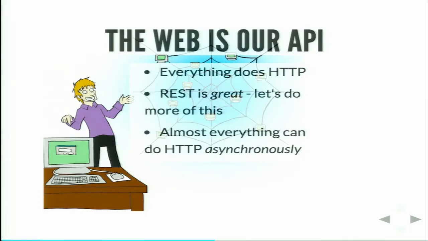And as I say there, everything is callable from the front end, which works quite well with the current trend of JavaScript-heavy front-end applications. So all of our requests from the front end are literally calling the same API that our back-end servers talk to each other. As I say here, everything can do HTTP, and almost everything does HTTP asynchronously.